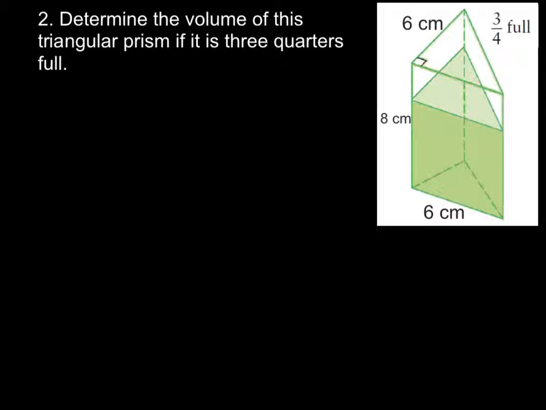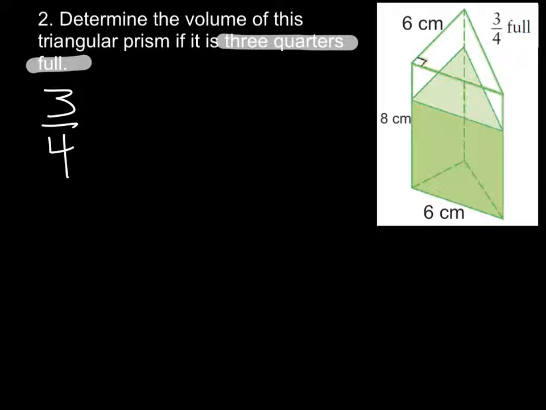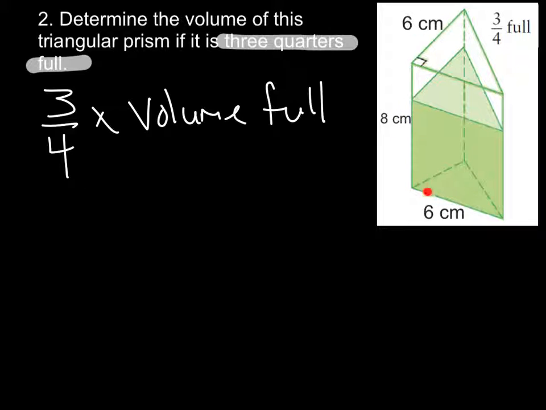Example 2 asks us to determine the volume of the triangular prism if it is 3/4 full. All right, what is 3/4 as a fraction? Yeah, 3/4 times that volume of the full prism, right? And we found that the answer to that volume last time. So if you check the dimensions, right, they were the same. So that was 3/4 times 144